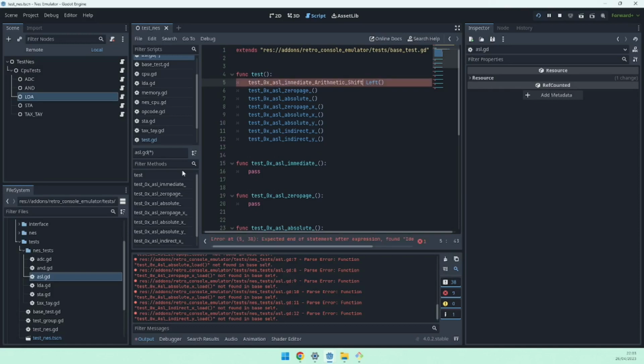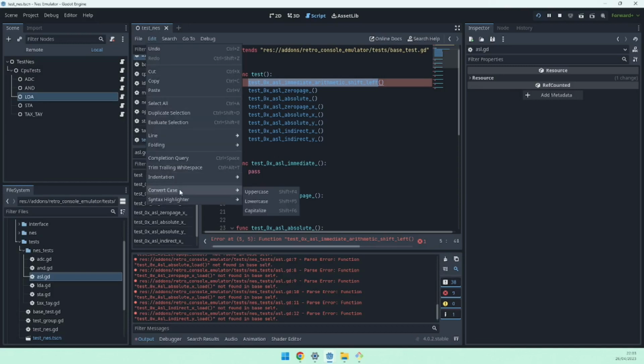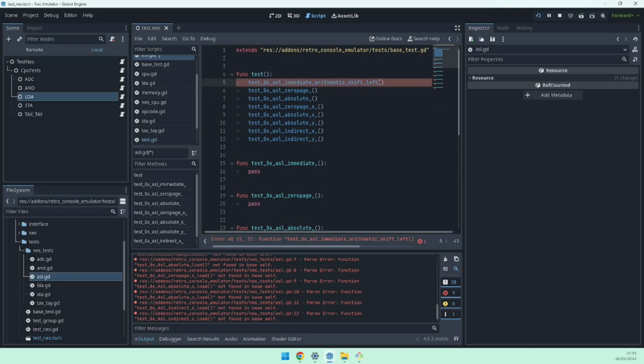Make the underscore lowercase with Shift F5, which is the shortcut that you can see here. Shift F5. I can now copy this name of the function